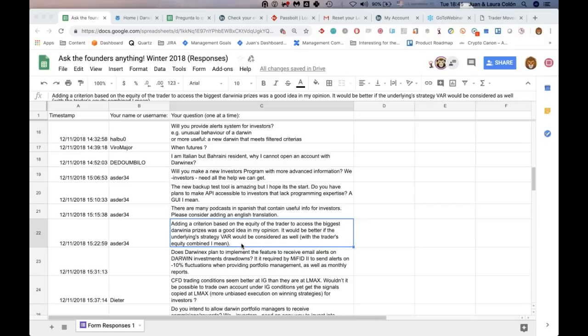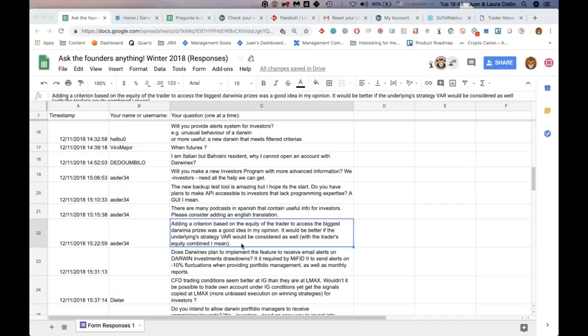And for them it's maybe not that easy to change the equity at risk as changing the equity in their account. It was more a commercial reasoning than a logical reasoning. For now, we are going to keep this as it is, but